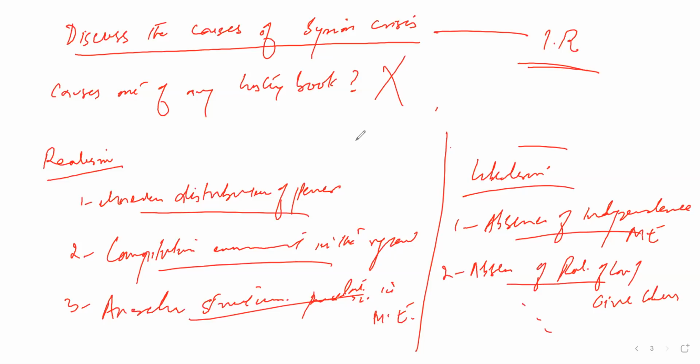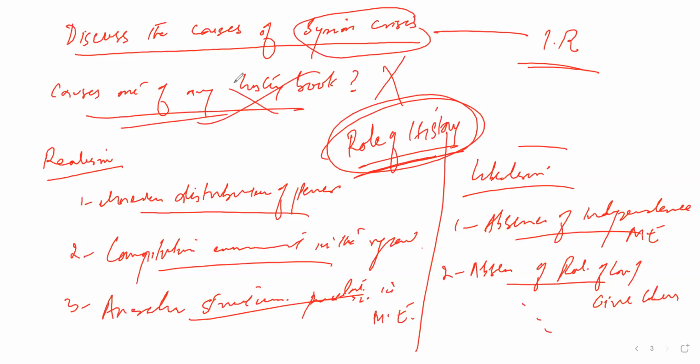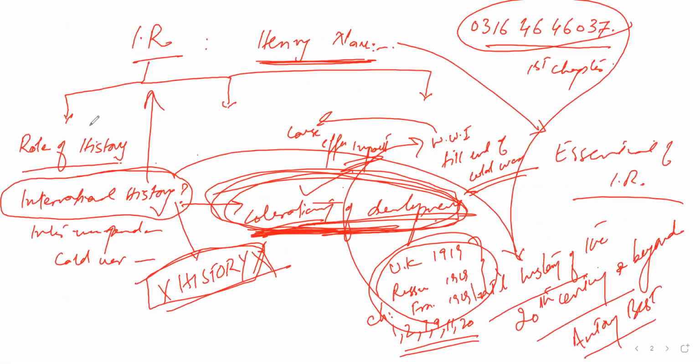I need to understand the role of history. This is the base. If I don't know about the history of the Syrian crisis, I can't write it. I don't have to reproduce it, no, I don't have to. But I must have an understanding and this realization of the role of history. So the very first thing, hopefully I have cleared this, that the role of history is very much relevant and important in the discipline of international relations,